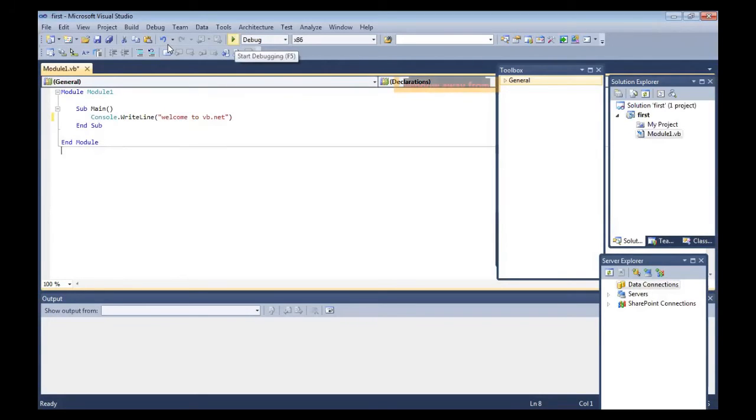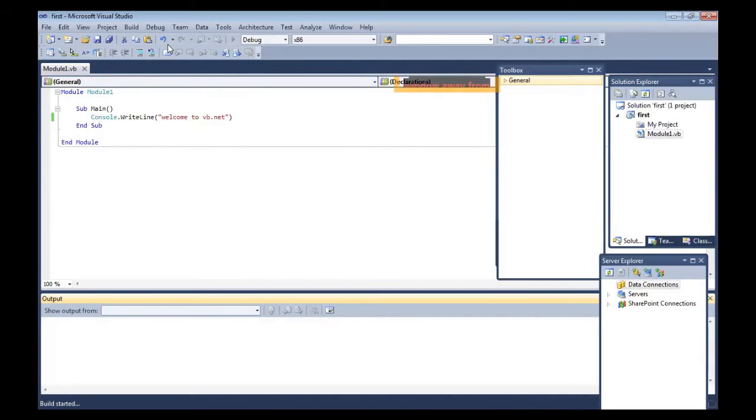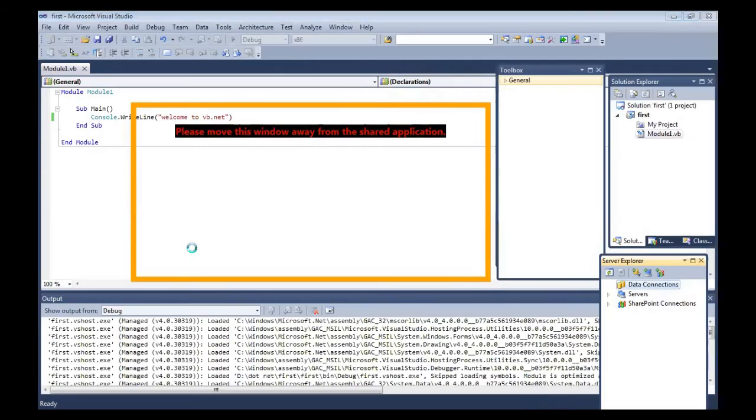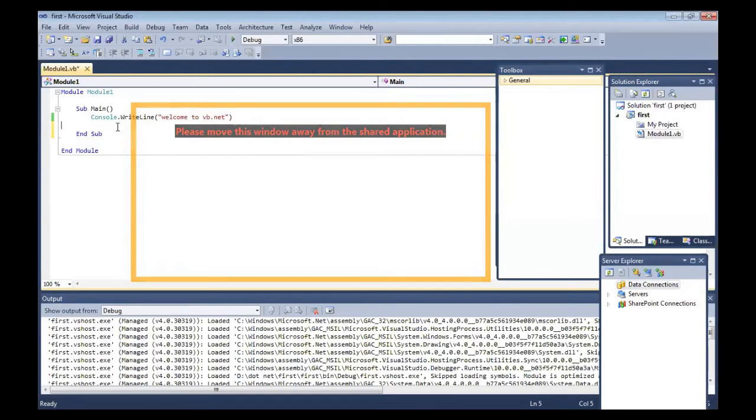Simply click over it. It will start debugging the program. This is the output, but we can't view the output. For that purpose, you need to write one command which will wait for a window to display the output.